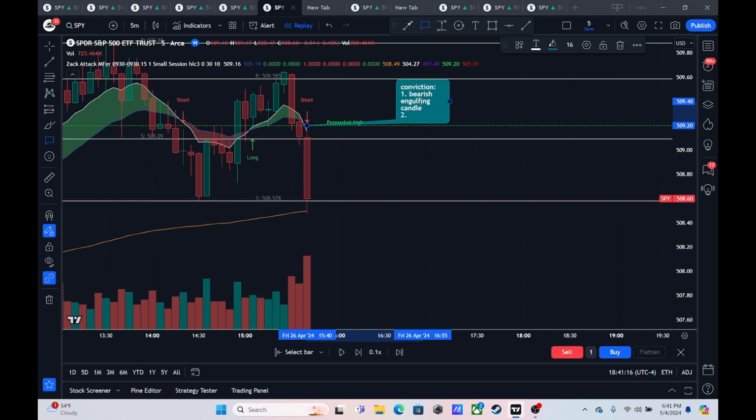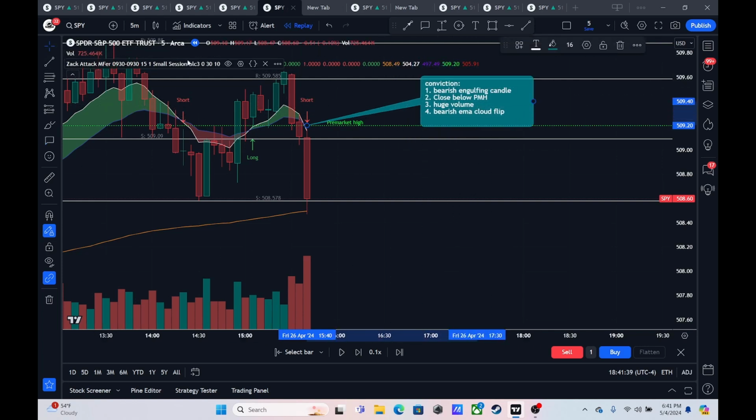engulfing candle, right? We get a close below pre-market high, huge volume. Now this is towards the end of the day, so the volume is expected. Bearish EMA cloud flip. And I guess that's probably all I would give it there, right? Because now here is the opposing argument, right? So opposing argument is one, that this